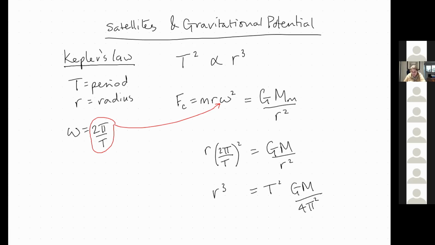And can you see that that is a constant? So when you've got this constant of proportionality thing, you can replace it with an equals. You can say that T squared is equal to r cubed, and you've got to multiply one of them by a constant. Well, because I've got it on here, I'm going to put my constant there. So one of them has to have a constant, and you can see that the constant is what's in the bracket, that thing. So we've proved that r cubed is proportional to T squared for a satellite going around the